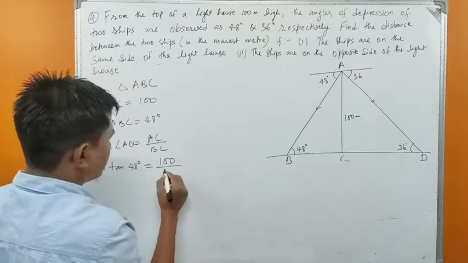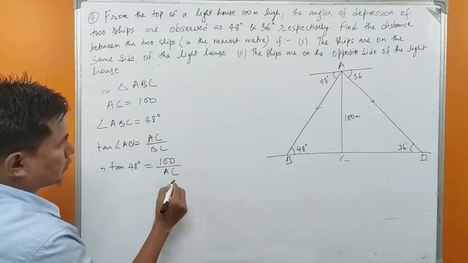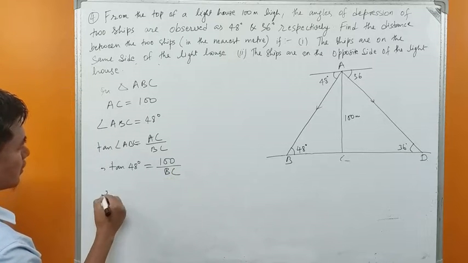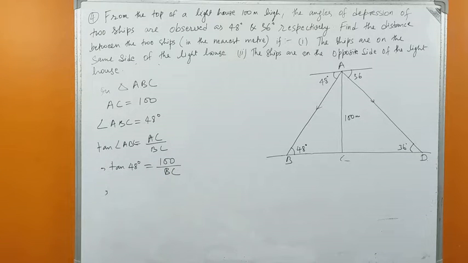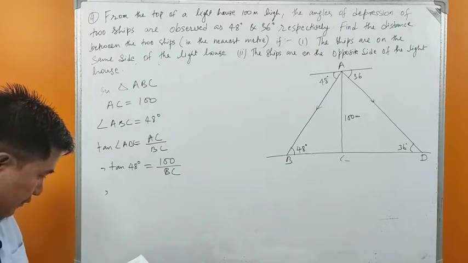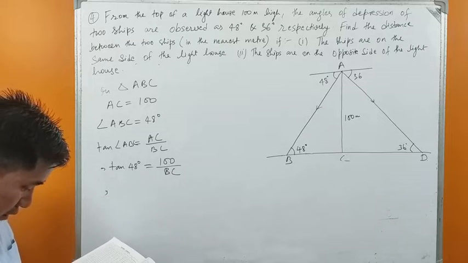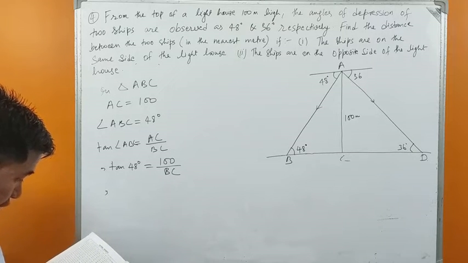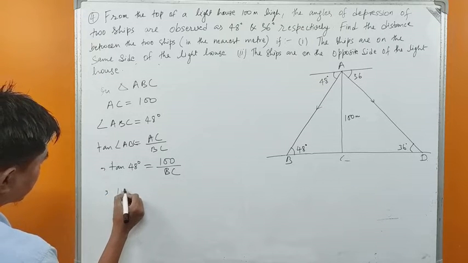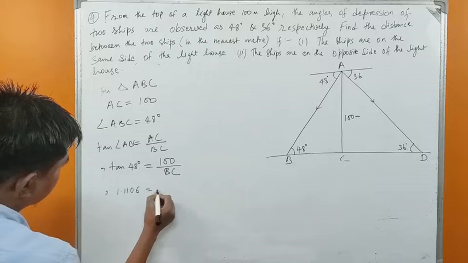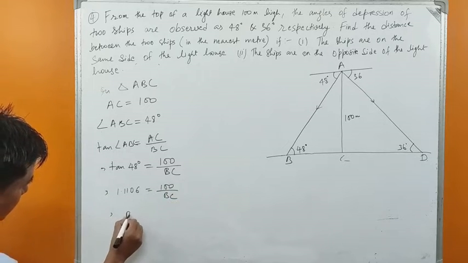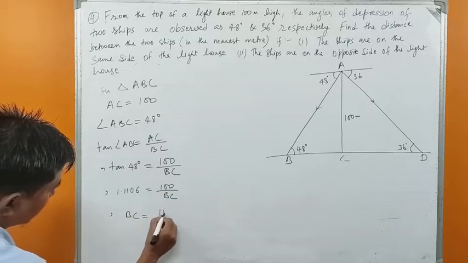BC we need to find, okay, not AC, BC. Now what is the value of tan 48? We have seen the value of tan 48, isn't it? Tan 48 is, page number 455, the value of tan 48 is 1.1106. 1.1106 equals 100 upon BC, or BC equals 100 upon